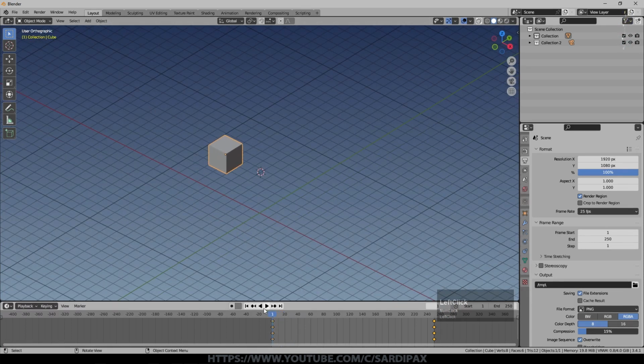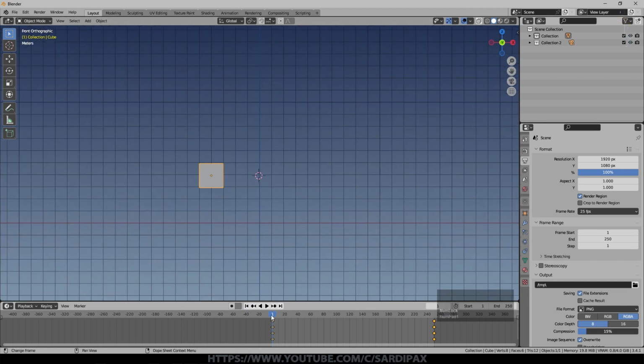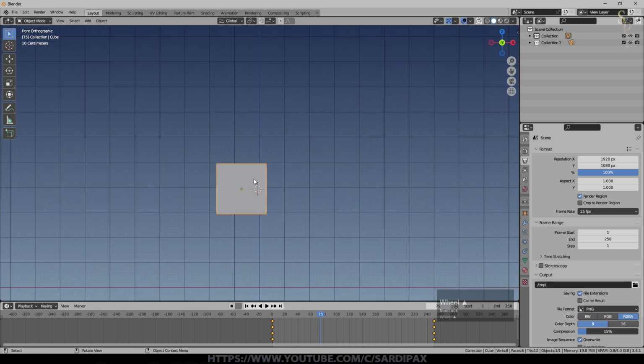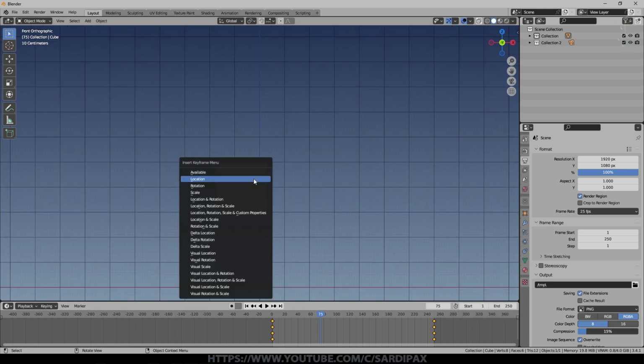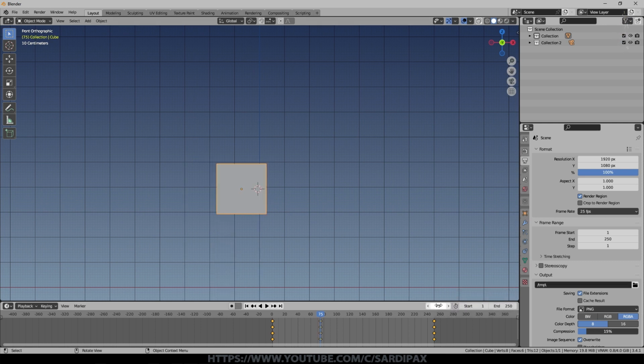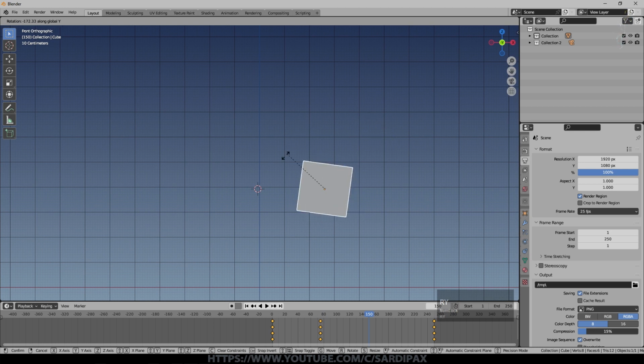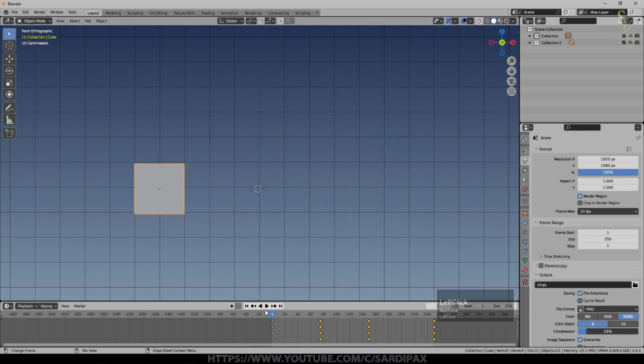But of course we can animate more than just location. So it could be that I want to get, say, to frame 75, and I'm going to press I again, but I'm not going to store the location this time. I'm going to store the rotation, and then perhaps frame 150, and I'm going to rotate on the Y-axis. So we'll just have a couple of rotations. We'll end up like that, I think, and press I and rotation again. So you can see we've got two new sets of keyframes in there. So if I press play now, it's the same to begin with, and then suddenly it turns over and stops rotating just here, and then finishes its move.